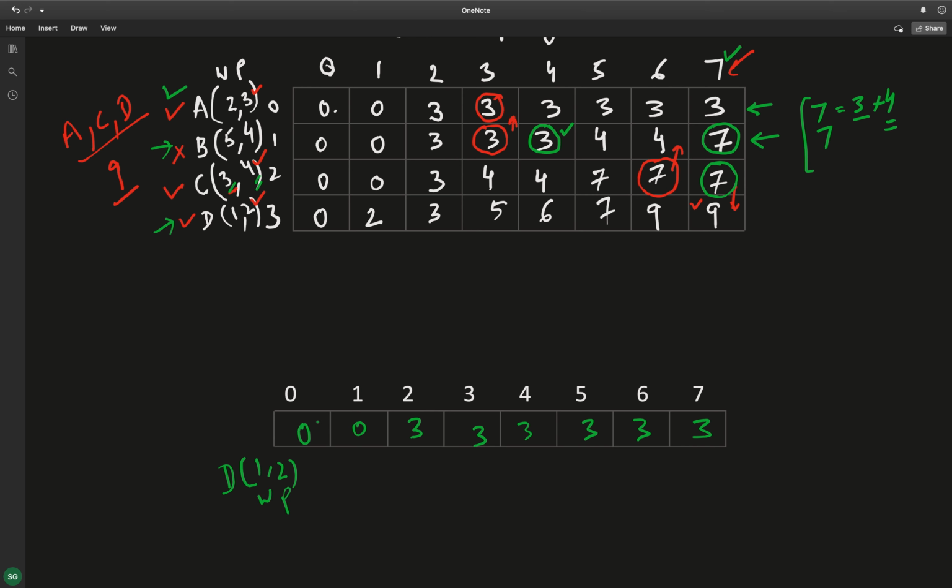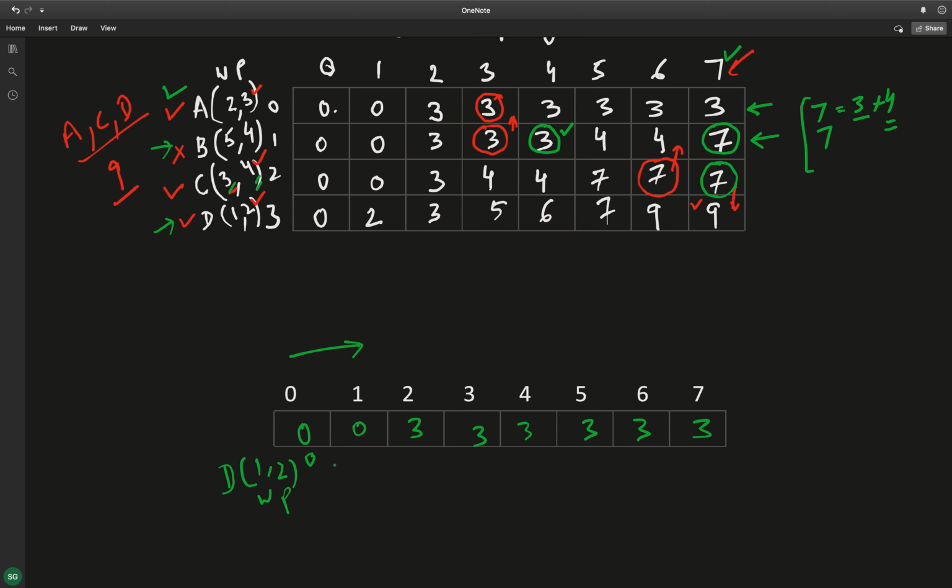Now if we start filling from left to right, see what is the problem you will encounter in this case. For 0, your value will be 0, so that will be overridden in this case, but just to show you the next state, I will be writing it here. These values will be overridden in the same array itself.